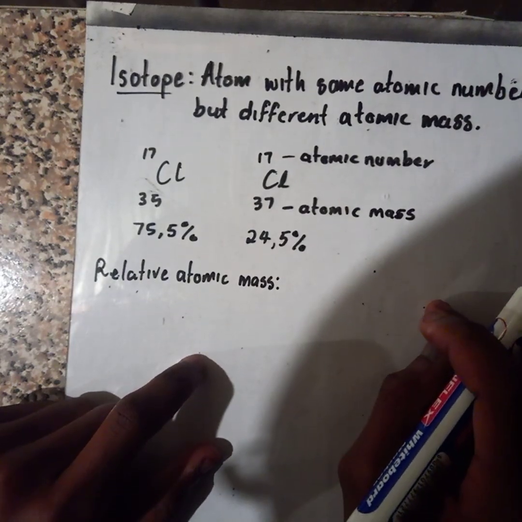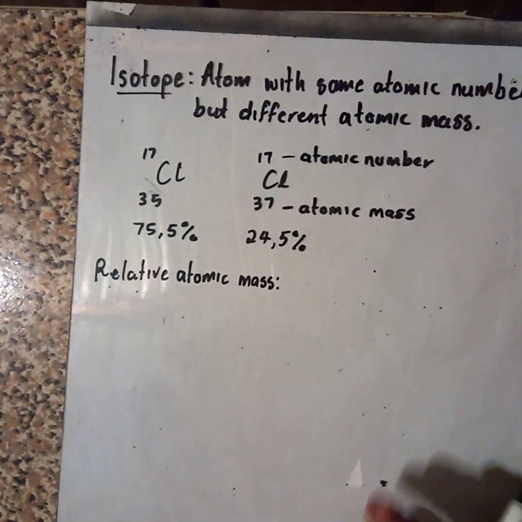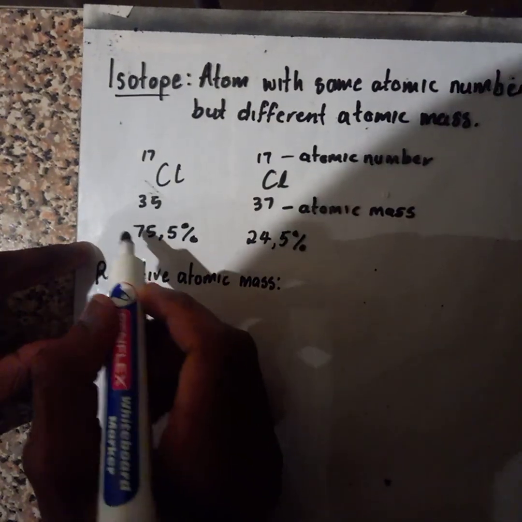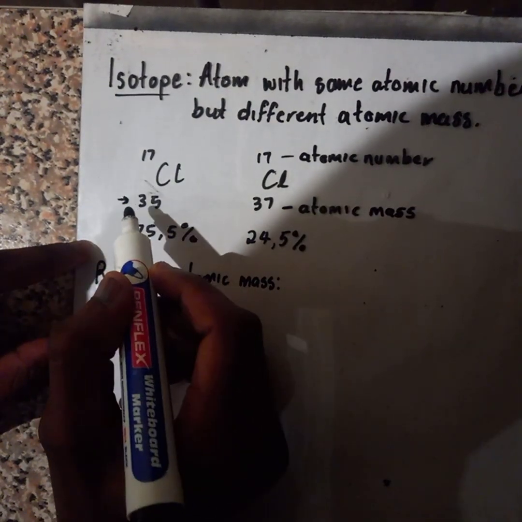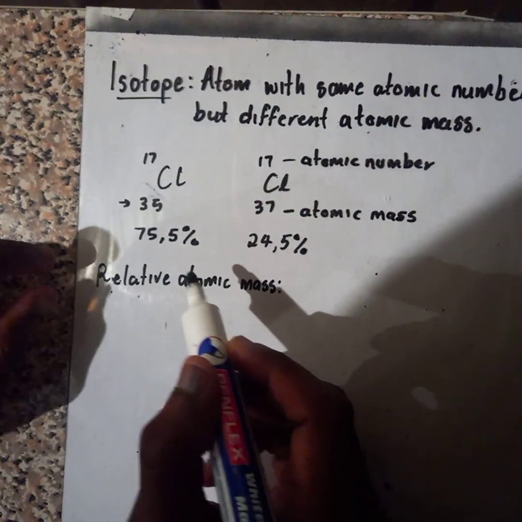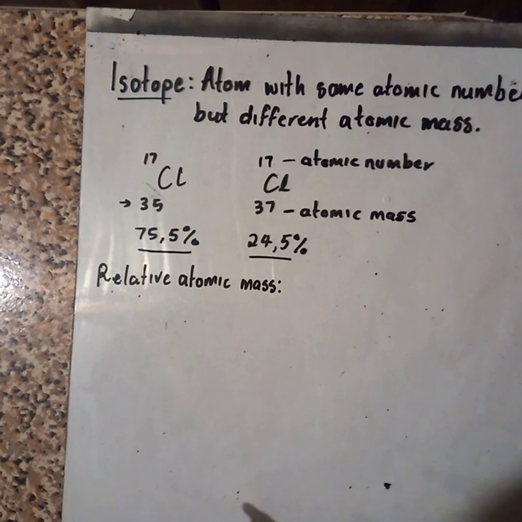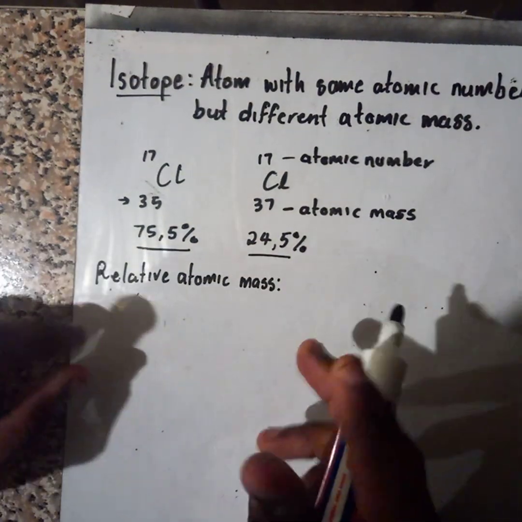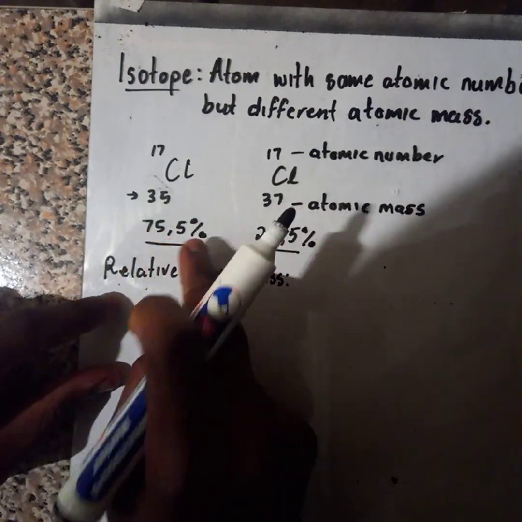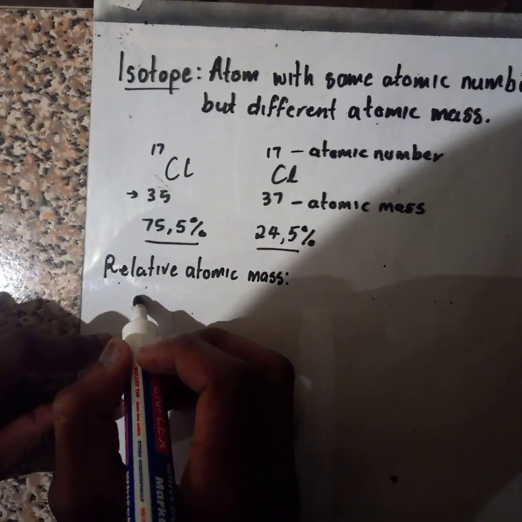How are we then going to do the calculations of these given isotopes? It's so simple. We are going to need firstly the atomic mass of each. Then we are going to multiply those with their percentages. What I'm going to do now, firstly, let us divide those percentages by 100. For the first one, I have